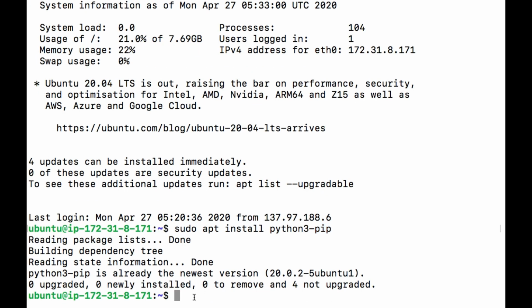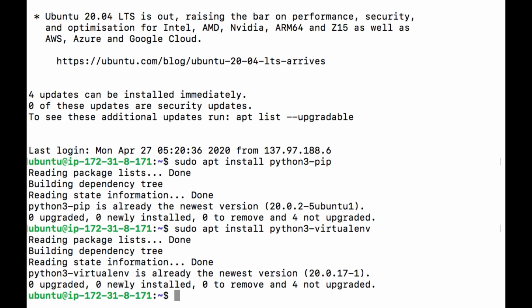Next we need to install virtualenv: apt install python3-virtualenv. Virtualenv is used to create a virtual Python environment for each and every project. Now we have installed pip and virtualenv. Next we need to download the Django project we want to deploy on the server.